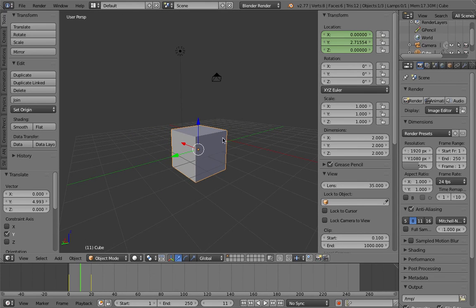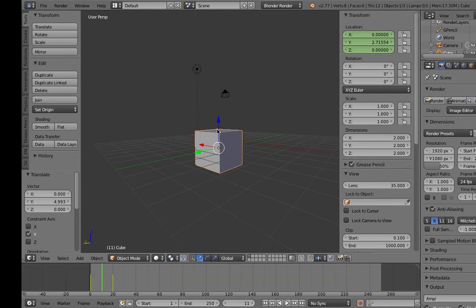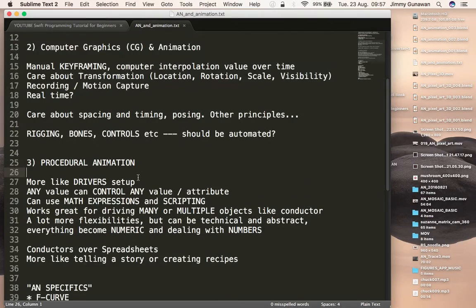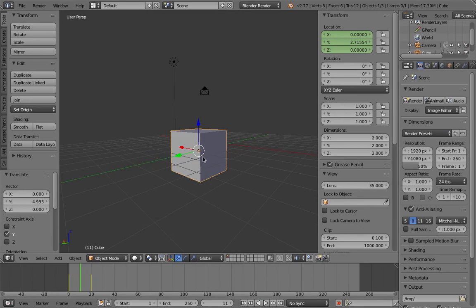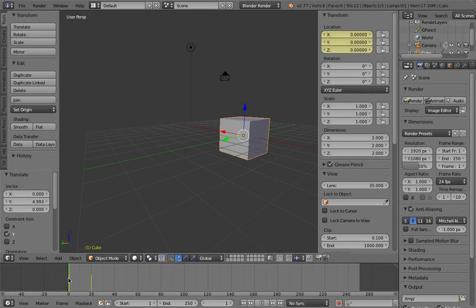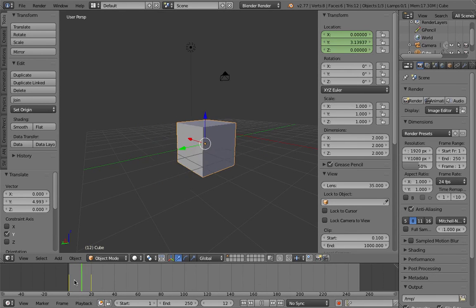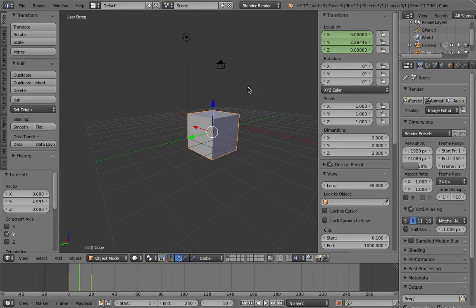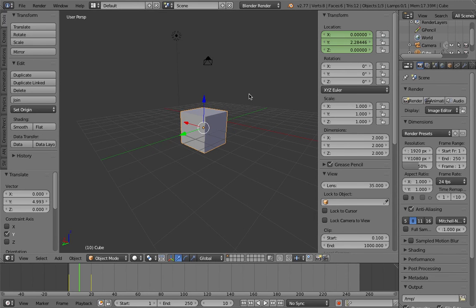That's the only important thing for procedural animation. So the basic concept is you have 2 different values and you have interpolations, and it's really common in any 3D animation package